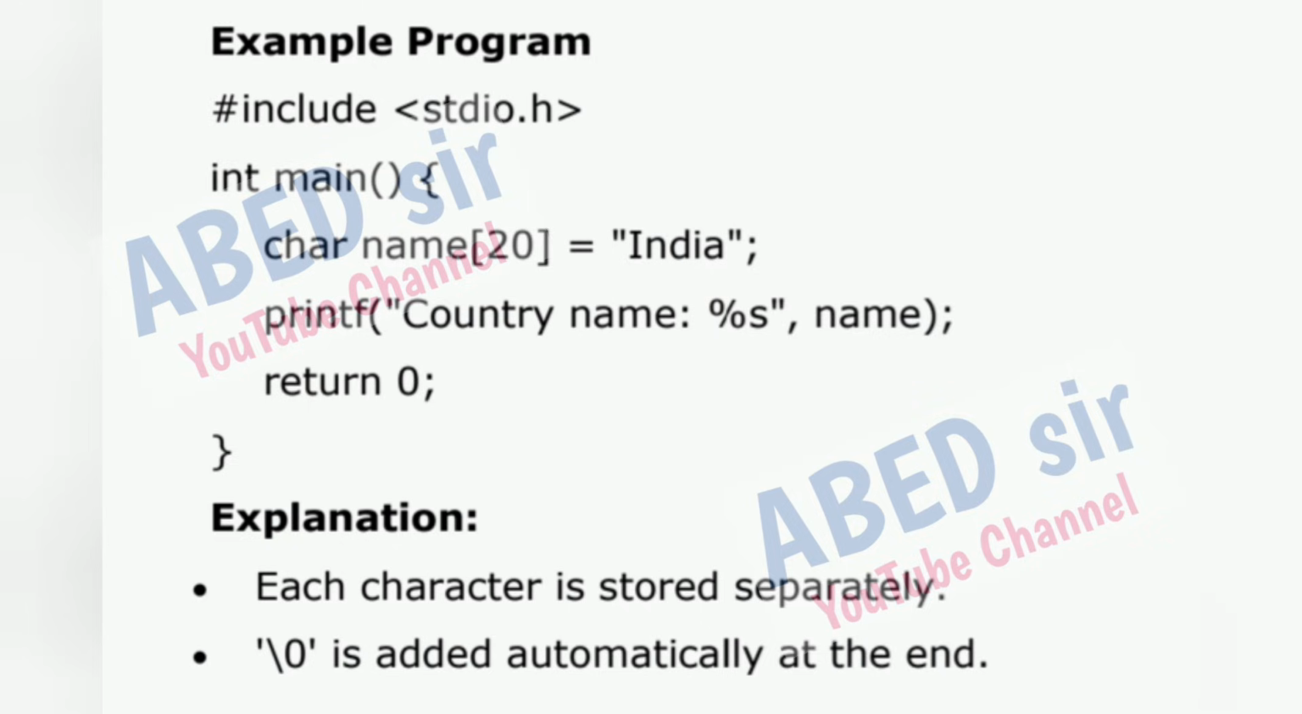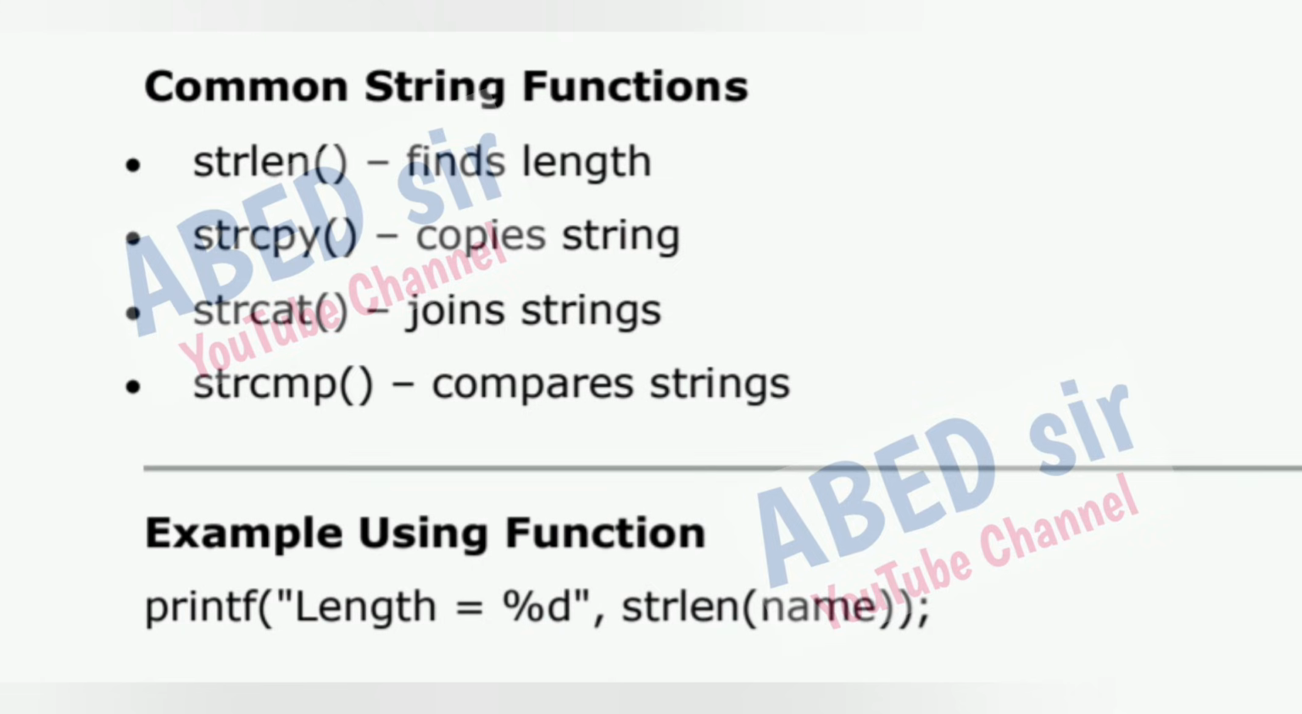printf("Country name: %s", name); return 0; } Explanation. Each character is stored separately. \0 is added automatically at the end. Common string functions. strlen finds length. strcpy copies string. strcat joins strings. strcmp compares strings. Example using function. printf("Length = %d", strlen(name));